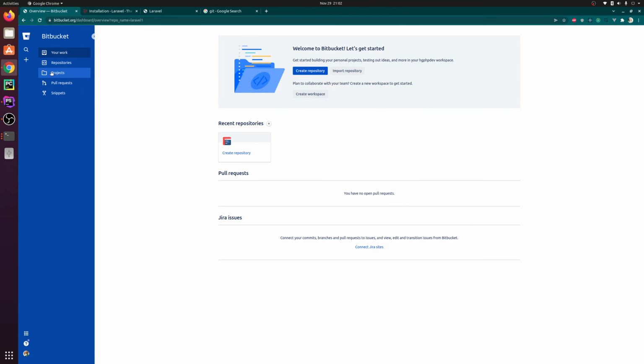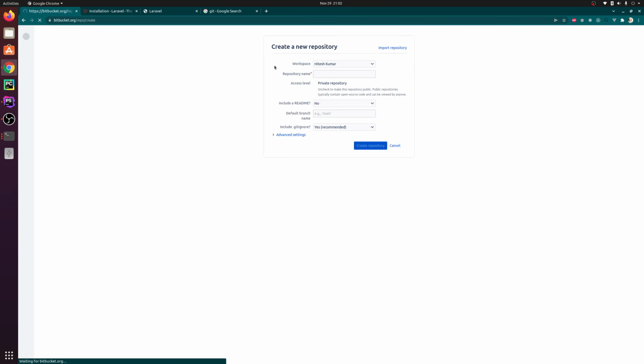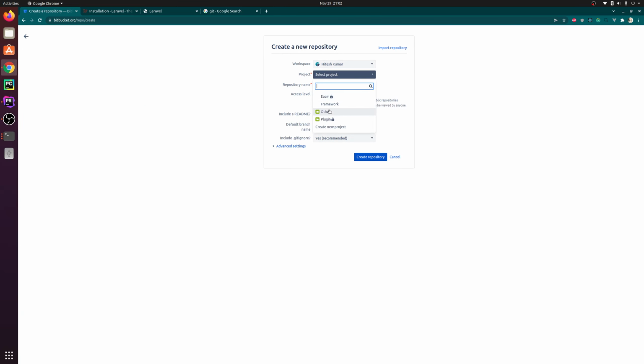So what we have to do, go to your Bitbucket, click on create, then repository, create repository, click on project, select your project and name your repository. I'm using Laravel 1. Include README file?